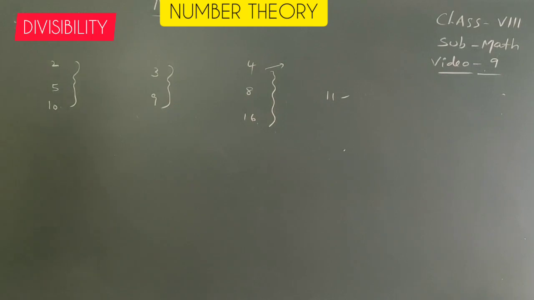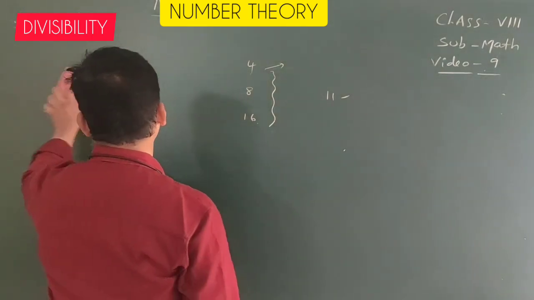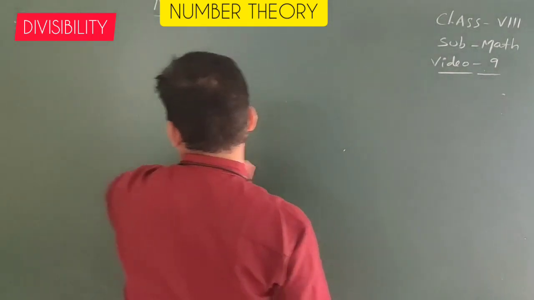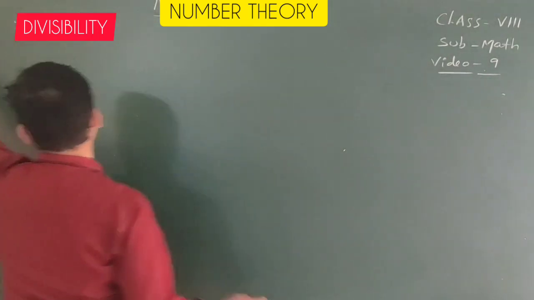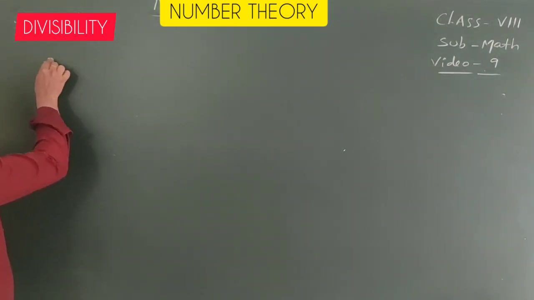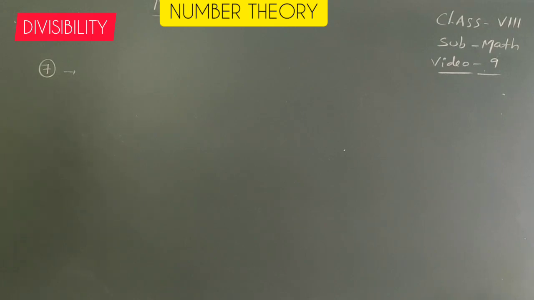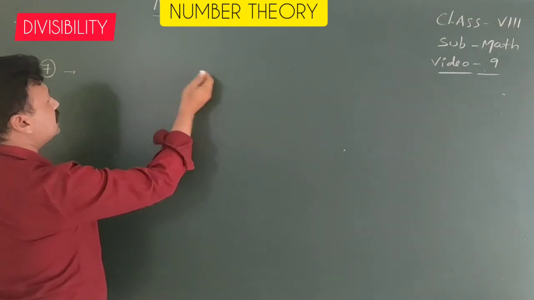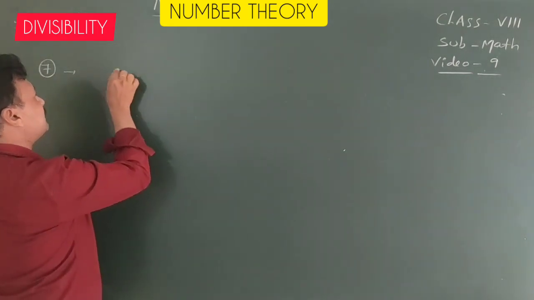In this class, the divisibility rule of 7. Divisibility by 7: here we have the number formed by the last digit, meaning subtract